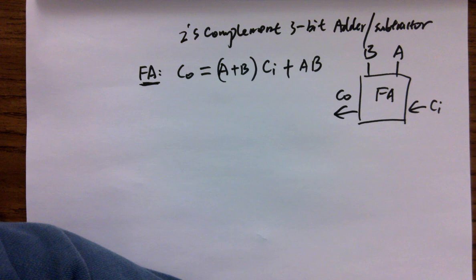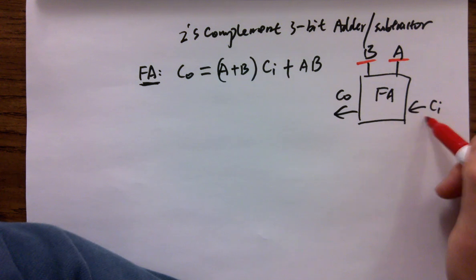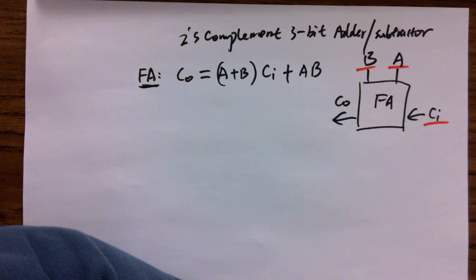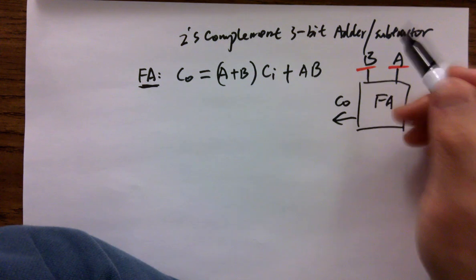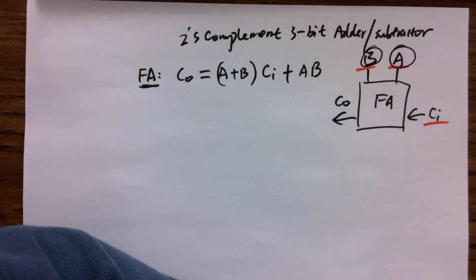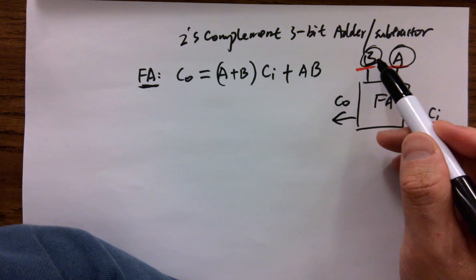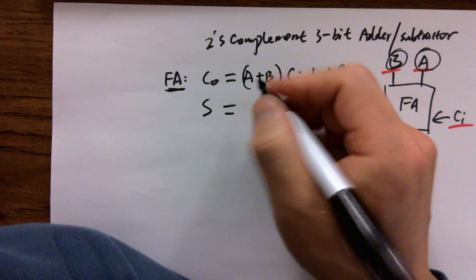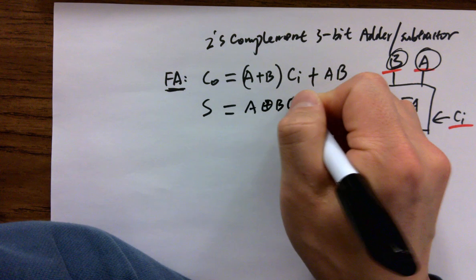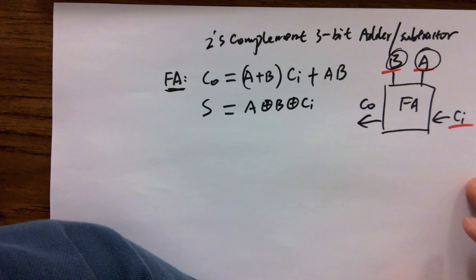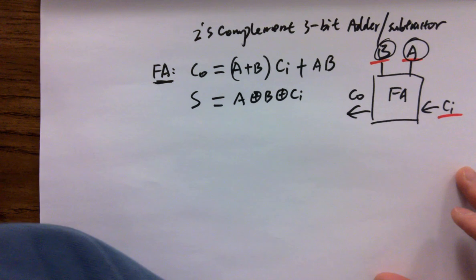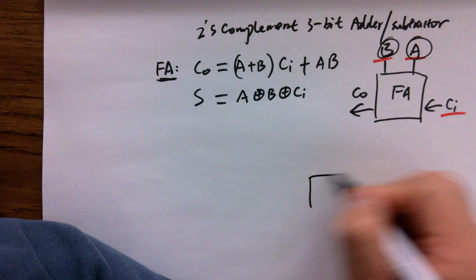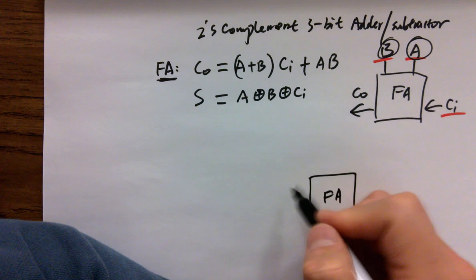How many inputs are there? 3. So it's a 1-bit full adder or 3-bit full adder? Yeah, this is a 1-bit full adder. Why? Because of the carry, there's only 1 bit. It's adding 1 bit to 1 bit. So what is S? A XOR B XOR CI. Okay? So whenever we have FA,